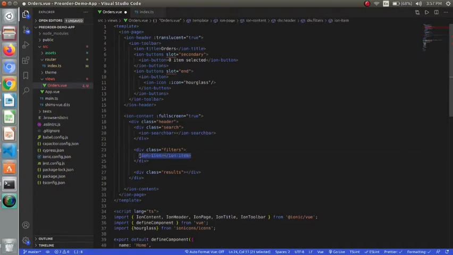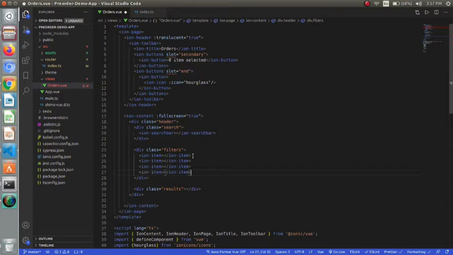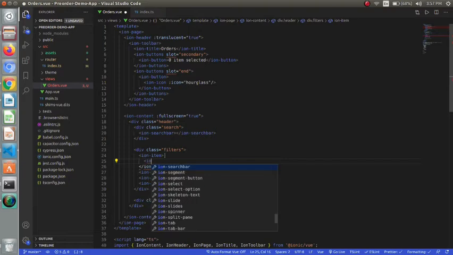Here I am having four items, so I will be using ion item for this. The first one contains a label and a chip, so I will be using a label first.